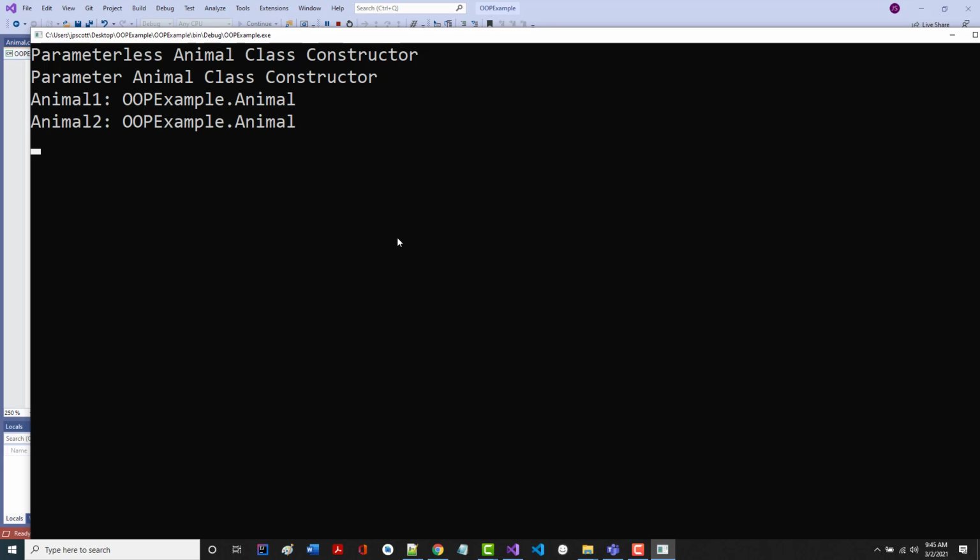Okay? But notice what it printed out. The name of the project, example.animal, and dot animal one, or I guess just dot animal. It's printing out references. It's not printing out actual values. It doesn't understand what it is that we want it to do. All right? Can we change that? Well,